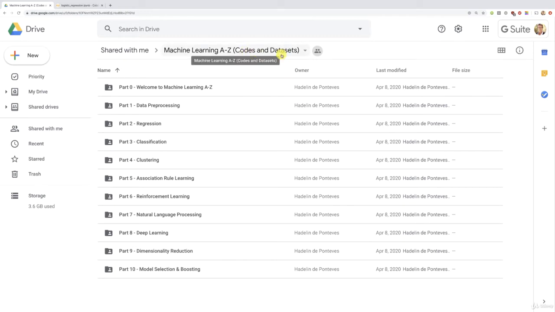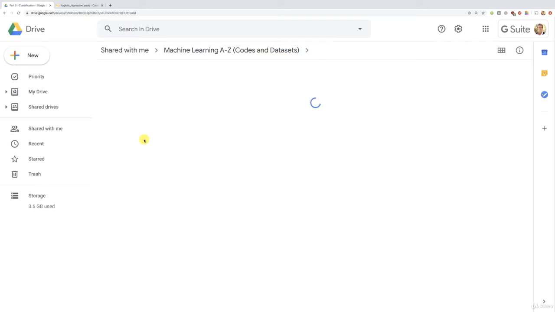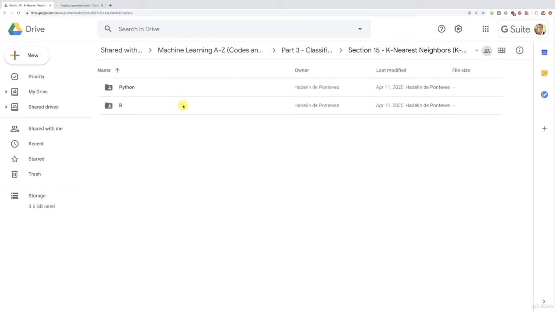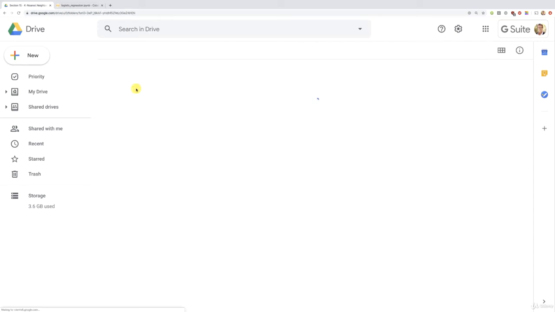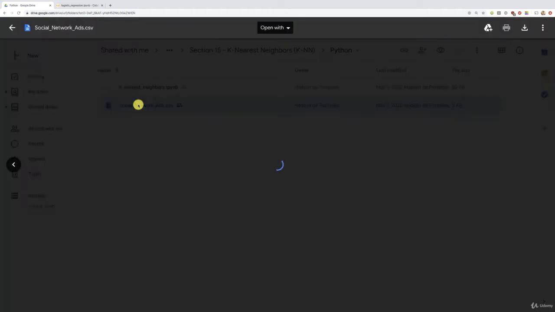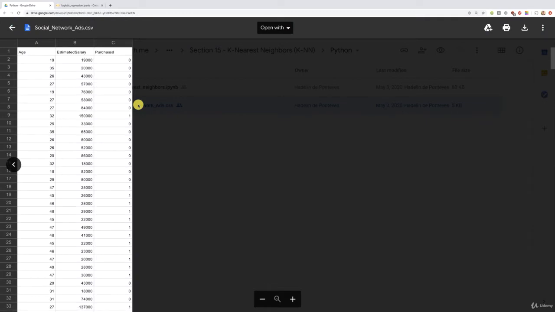And now we should all be on the same page, and therefore, my friends, we're going to go into part 3, classification, and then k-nearest neighbors, KNN. All right, and as usual, we're going to start with Python, and inside this folder, you will indeed find two files. Of course, the k-nearest neighbors implementation in IPYNB format, which you can open with either Jupyter Notebook or Google Colab, and the same dataset, social network ads, containing 400 observations, where each row corresponds to customers, and